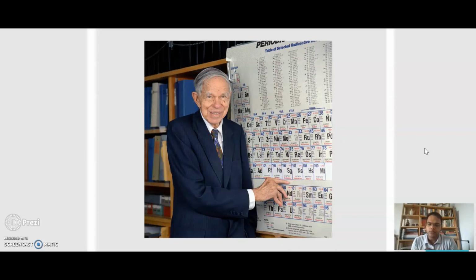So, Professor Seaborg had his name given to the element Seaborgium, which his lab discovered. But why is it special? The reason why it's special is because Professor Seaborg was still alive while Seaborgium was named after him. This is special because all the other elements which were named after scientists had the scientists long died before the element were named after them.